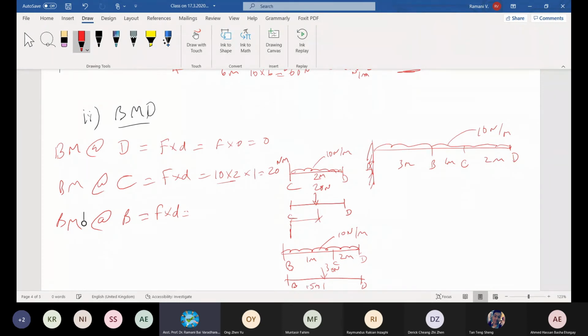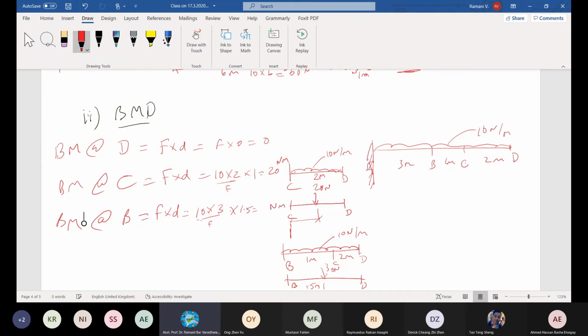1.5 meter. Am I right? Because the whole is 3. Because the UDL from B to D, a similar load is acting on it. So we converted in the beginning to a point load by multiplying 10 into 3, the total distance, which is the point load acting at the midpoint of this 3 meter. That is 1.5 meter. Okay, I write it. 10 times 3, this is load, times the distance. F into D is 1.5. Correct, Ongzan? Give me the answer, please.